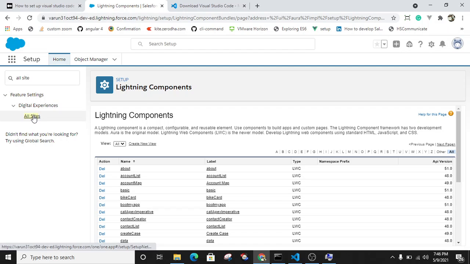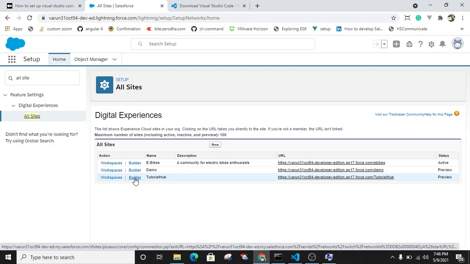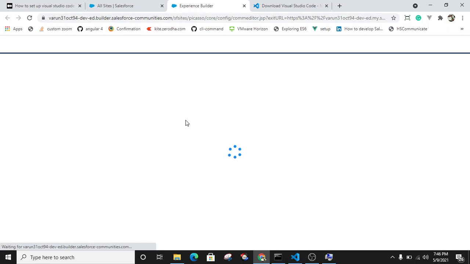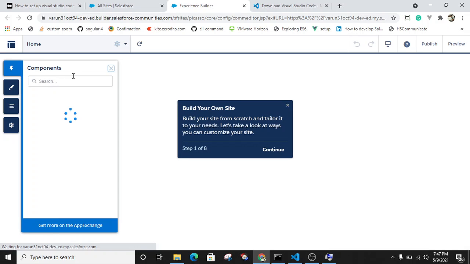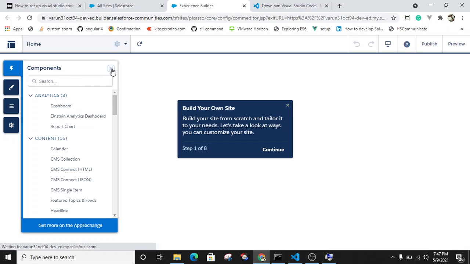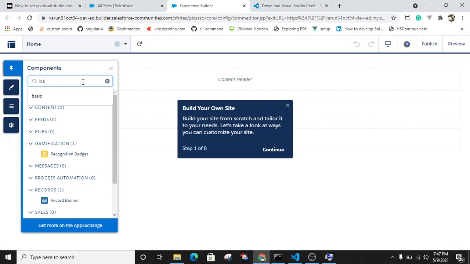Just type all sites, go to the builder in your site, community, and find your component, basic.